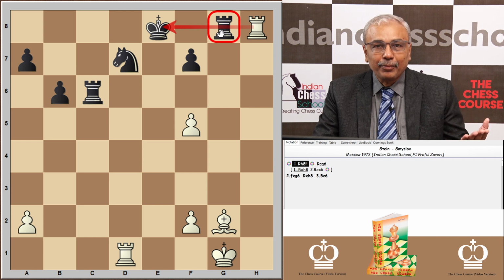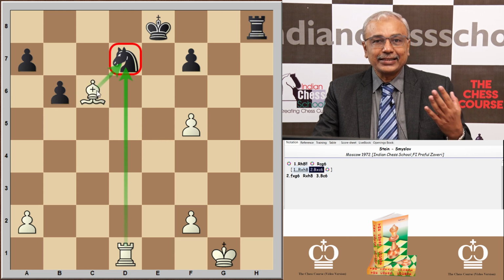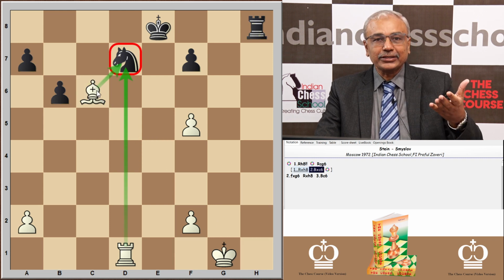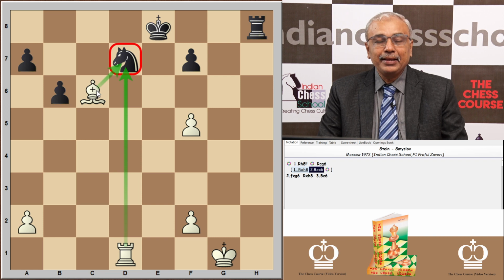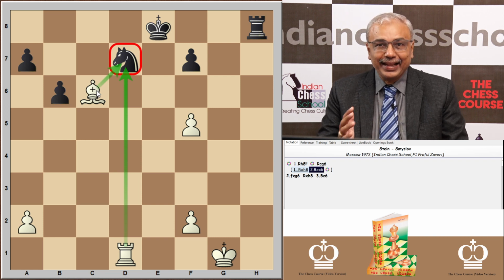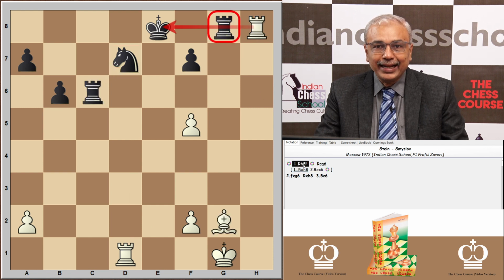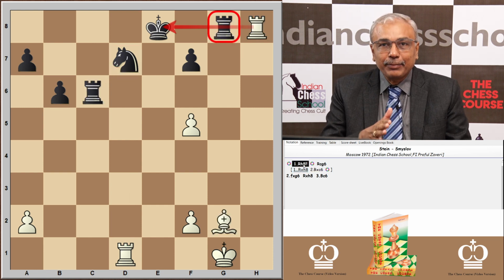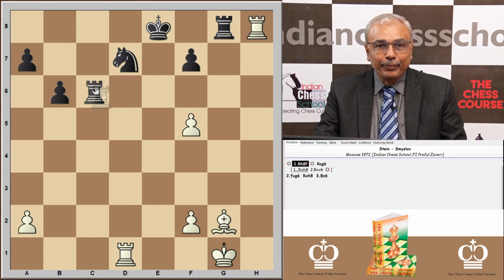So here black has no choice. For example, in this position, if he plays rook captures h8, then comes bishop to c6, there is an unpin. And now we also see further loss of material for black as the knight on d7 comes under pin and black is not able to bring any defense to it. So for the move rook h8, it is not possible for black to capture the rook. So he tries playing